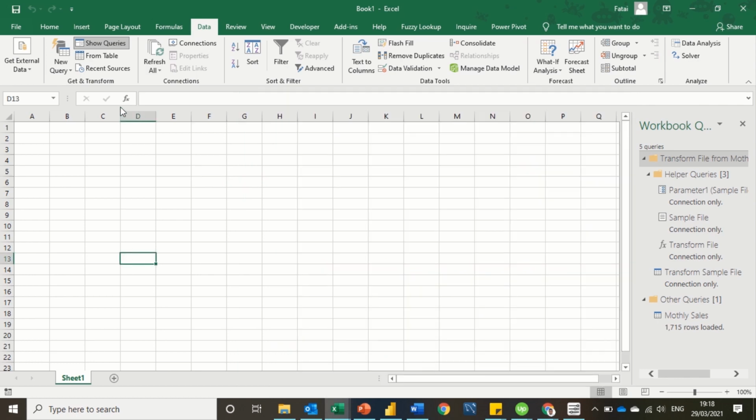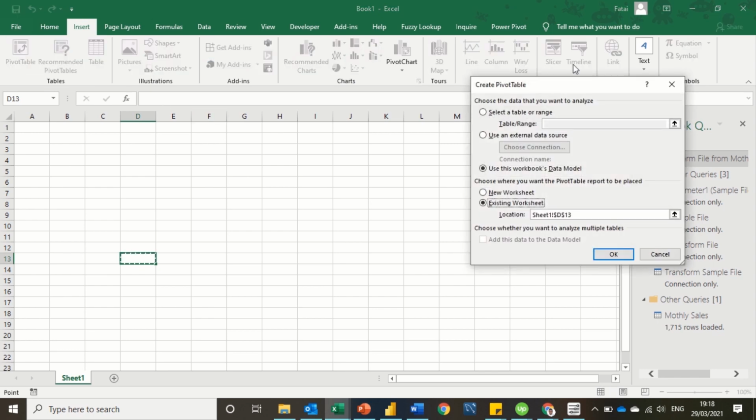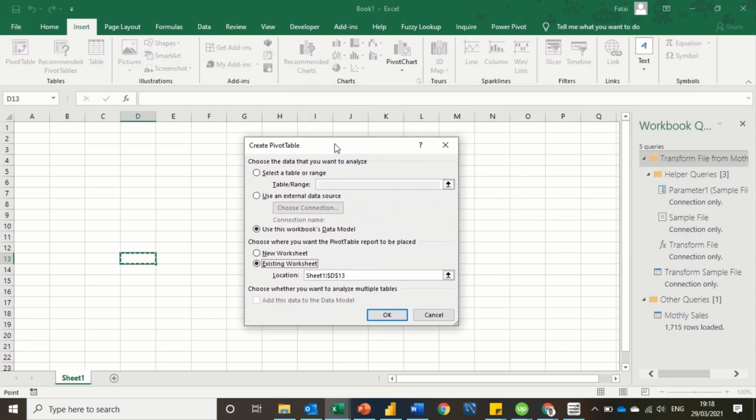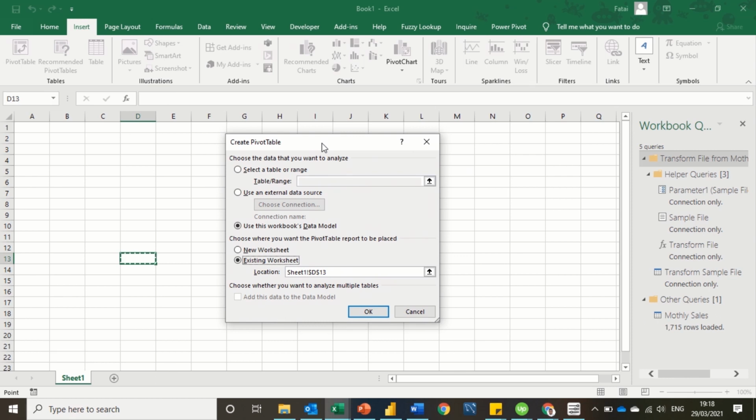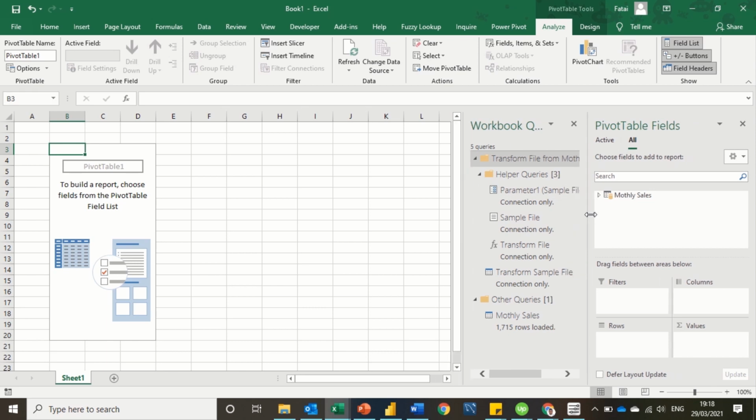So the next thing I would like to do is to go to the Insert tab, click on Pivot Table just to see a view of what my combined data looks like. So I want to use this workbook's data model, and I want to put my pivot table on this sheet. So I'll say OK, and then my pivot table fields come up. So what I want to do is to drag my months to my rows